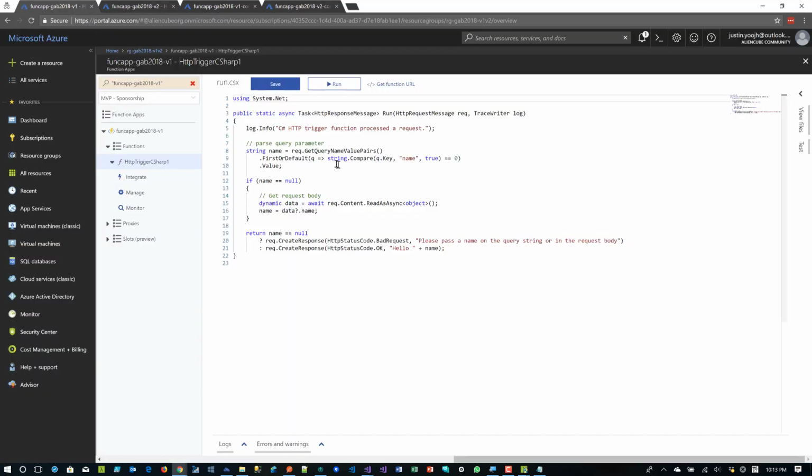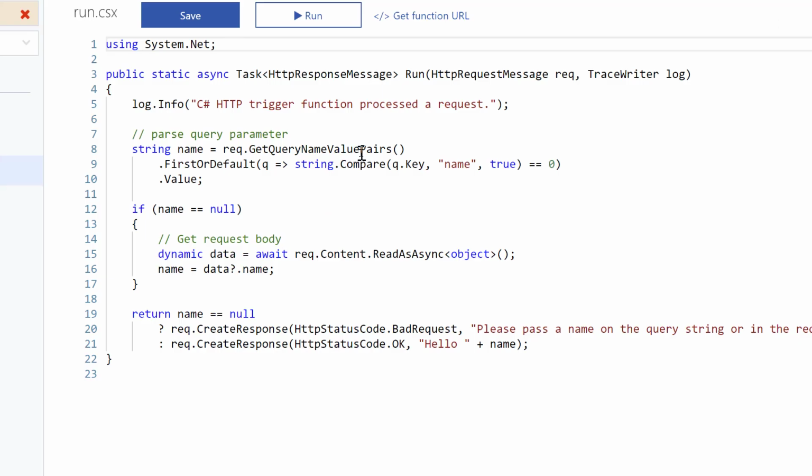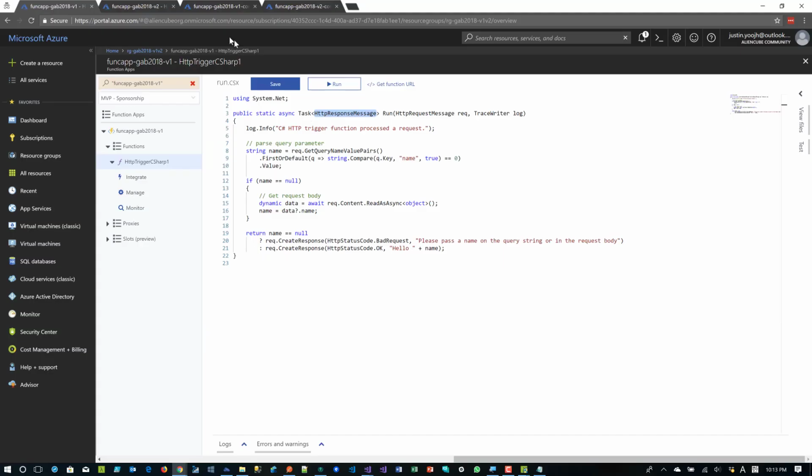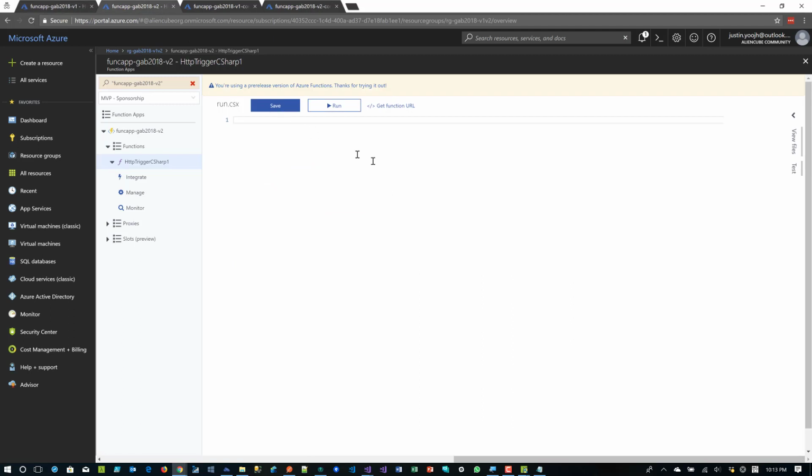So let me get back to the version 1 here. So this is the version 1 function. As I mentioned here, it takes HTTP request message and it returns HTTP response message. That's how the version 1 function uses the input and output values. Now, when we run this exactly same here,